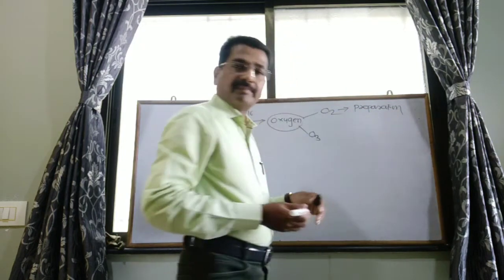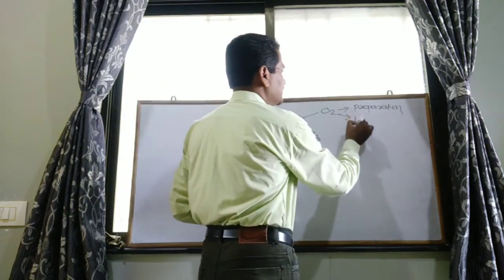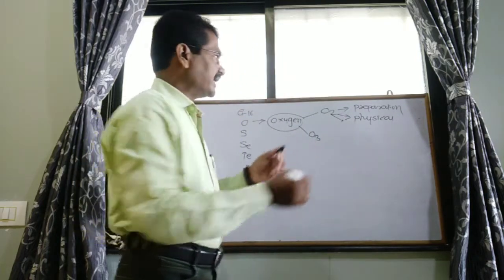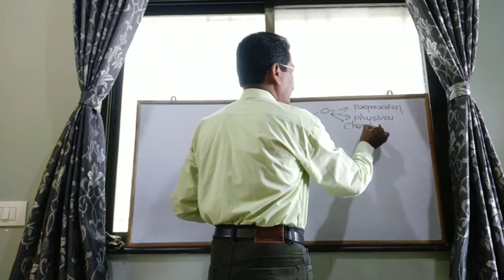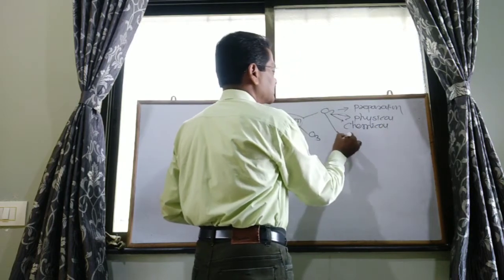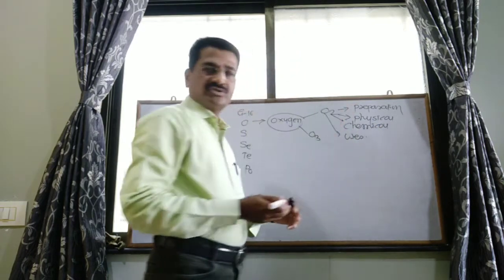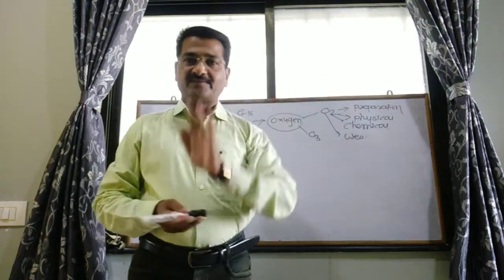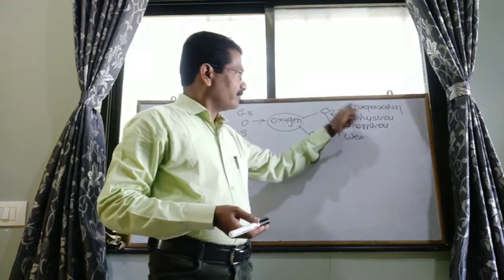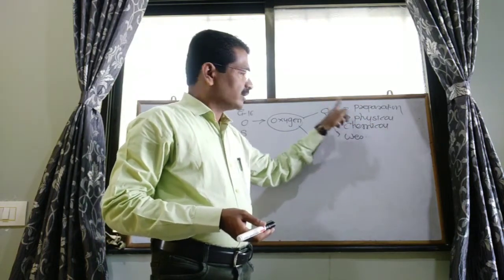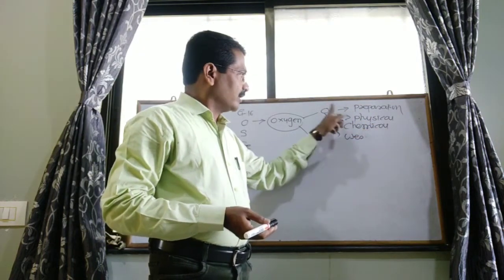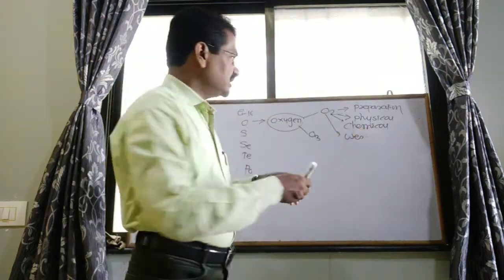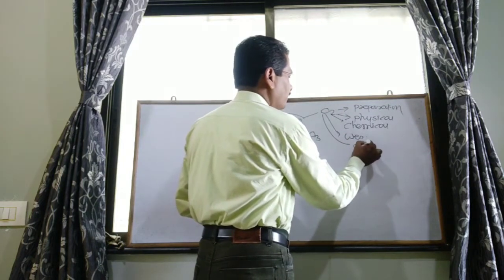First of all, preparation methods, then physical properties of dioxygen, after that chemical properties of dioxygen, and lastly uses of dioxygen. All these terminologies of dioxygen can be seen: preparation methods, physical properties, chemical properties and uses of dioxygen, and lastly the oxides of